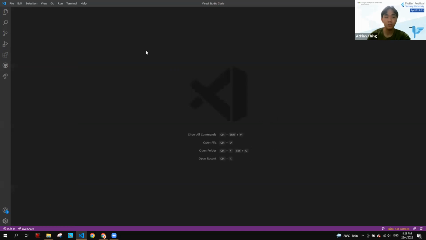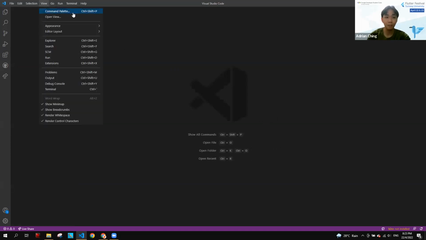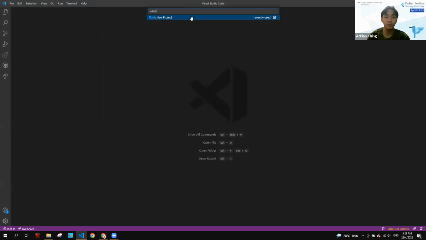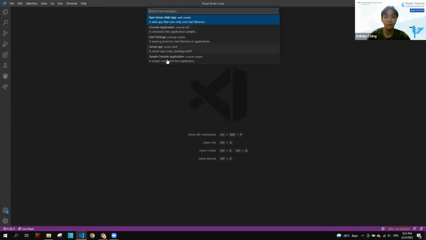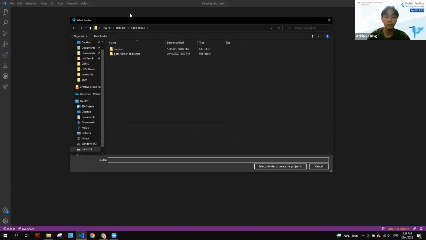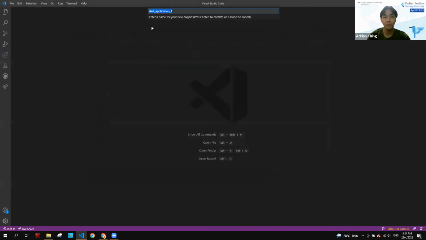Okay, so what we're going to do right now is go to View, Command Palette, or you can use the shortcut over here. Click on this and type in Dart, and you should see this. We're going to create a simple console application. Select which folder you want it to be in. I'm just going to select this folder, and give it a name.